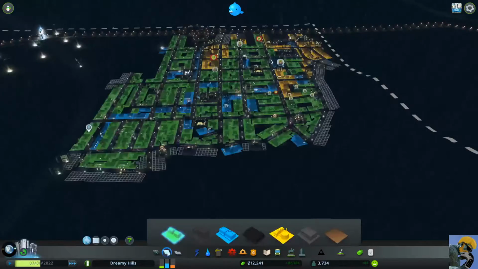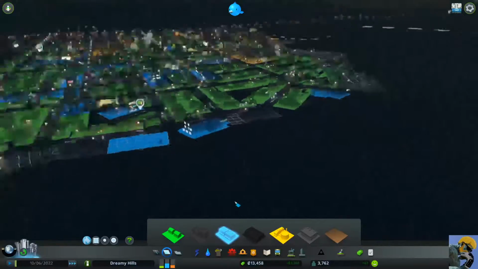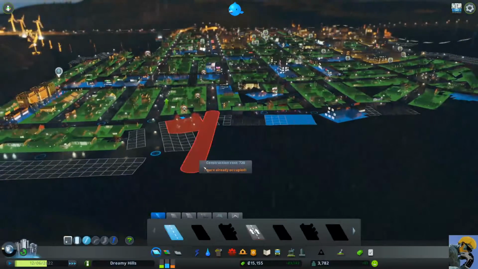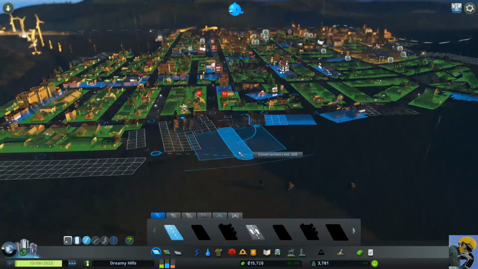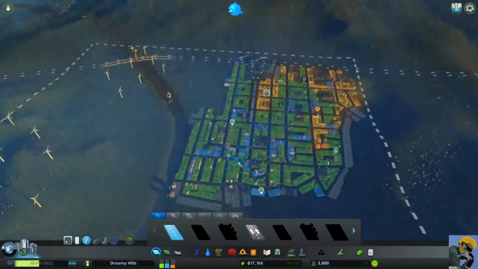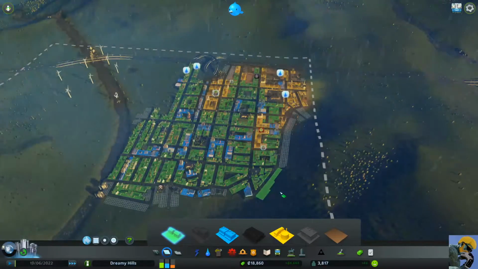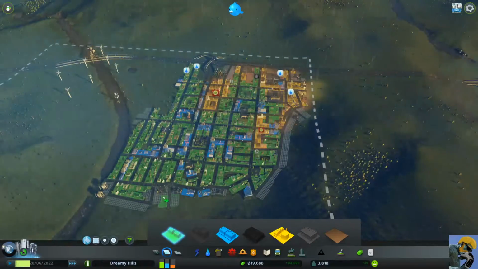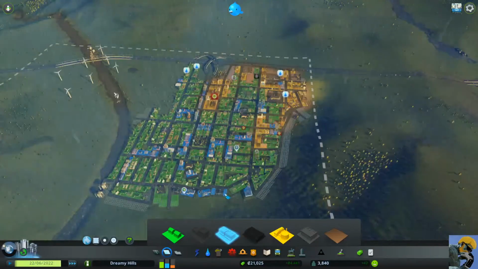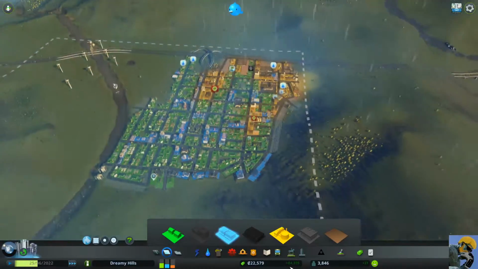All right, well, we need commercial. Let's look at the situation. We're going to need to extend this road somehow. Yeah, like that. Sure. Where's some other opportunities for... Okay. Mm-hmm. All right, now we're...